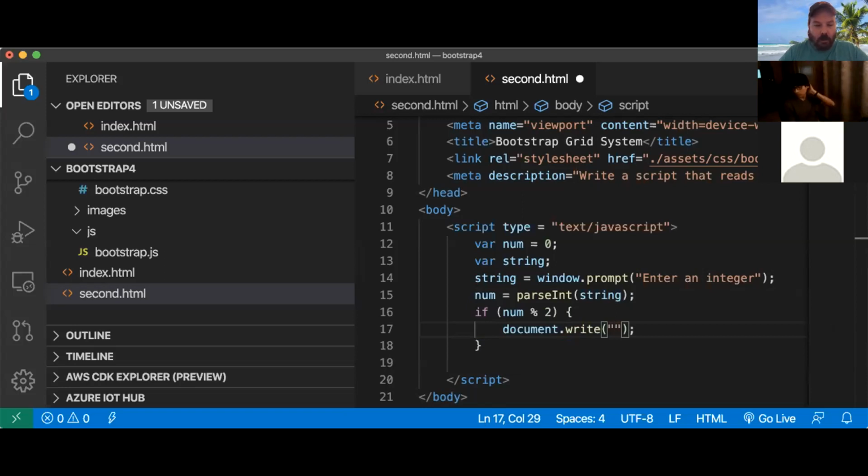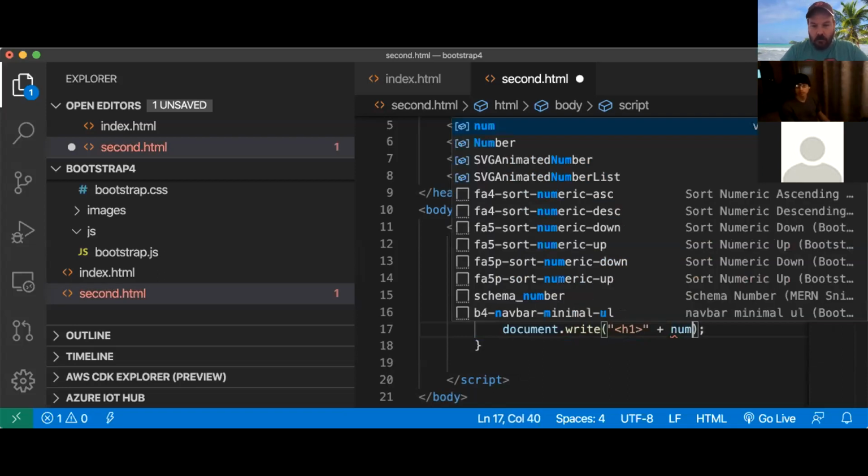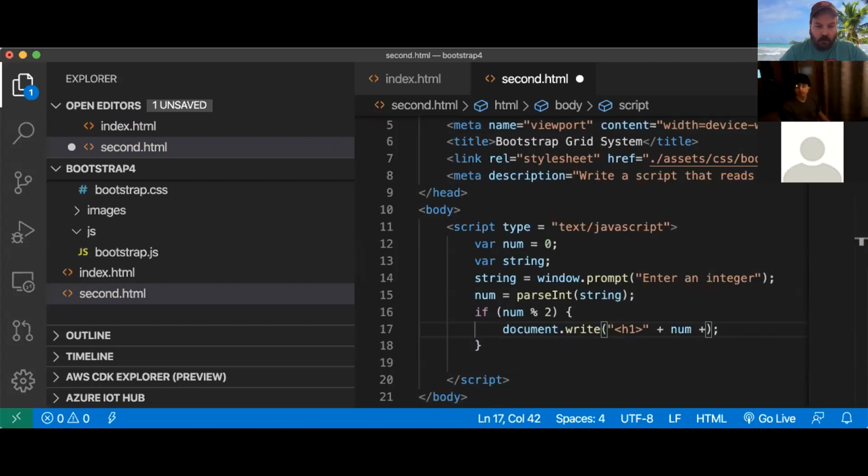Because we're going HTML, let's do H1, in quotes, plus our variable,